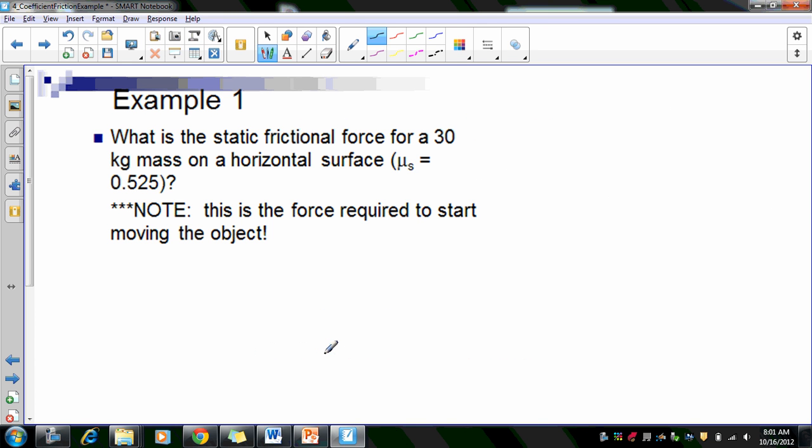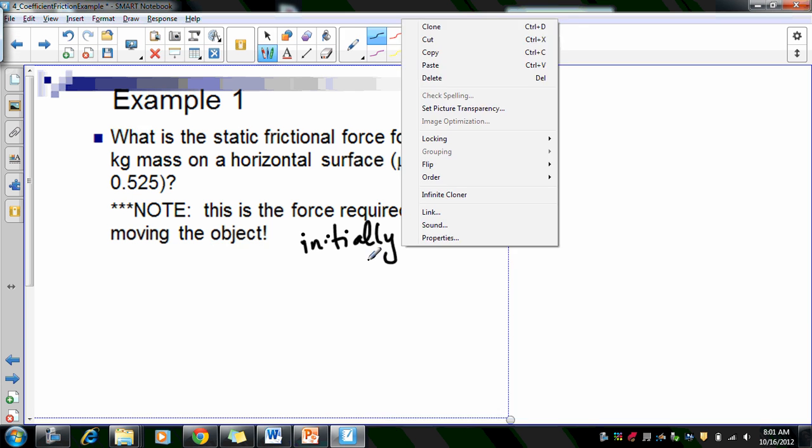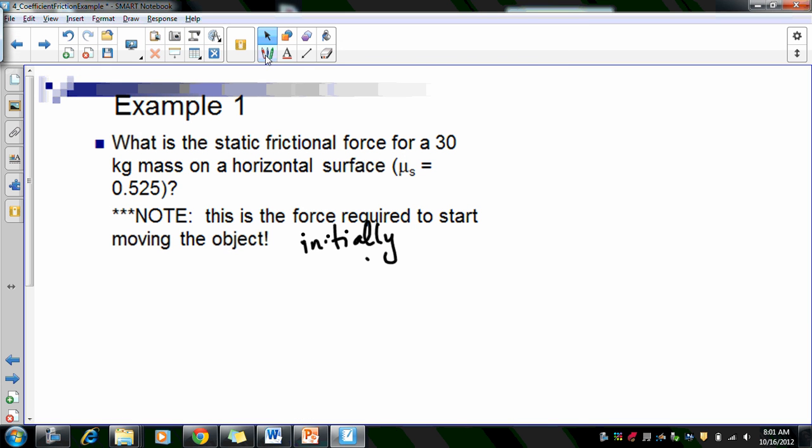So the first is asking what force is required to start moving the object. Since it's initially sitting still, it's not moving initially, so we have to force it to move. So this is static. We're asking what is the static frictional force? The best way to do this,